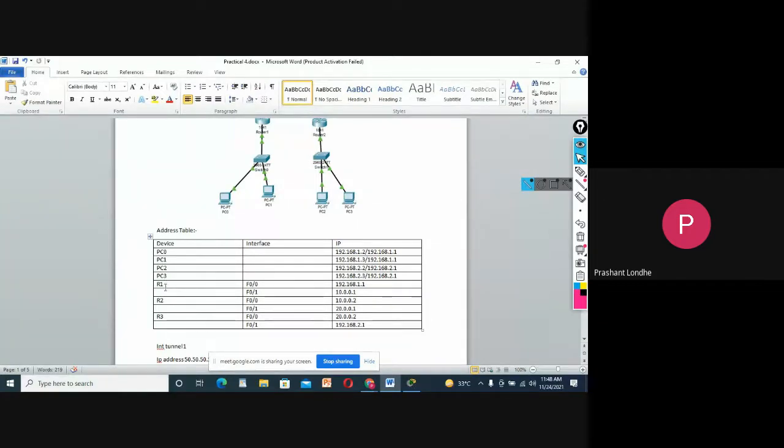We need to connect R1 with this kind of network, and then R1 will be connected to the other router. Similarly, R2 will be connected with 2 routers, and R3 will be connected, and we are supposed to place the GRE tunnel between those 3 routers. So let's start.